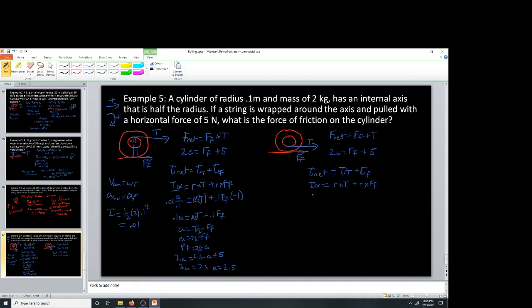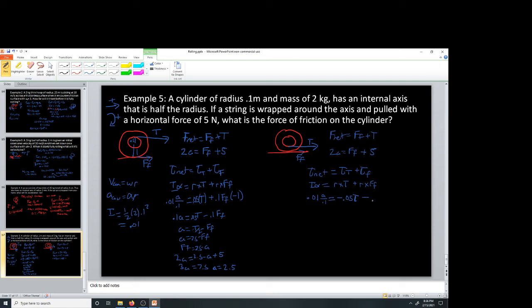Okay, so I alpha is going to be I is 0.01, and alpha is A over R, right? This is A over 0.1, because that's where it's rolling and turning on, right? So that's that point. That's the tangential distance. Okay, and this is going to be negative 0.05 t